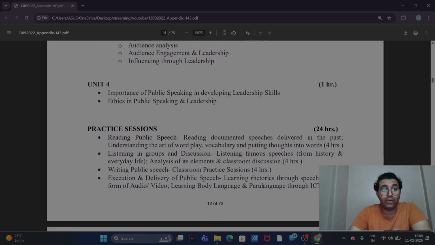Practical sessions, 24 hours. Reading public speech, reading documented speeches delivered in the past, understanding the art of wordplay, vocabulary, putting thoughts into words, listening in groups and discussions, listening to famous speeches from history and everyday life, analysis of its elements and classroom discussion, writing public speech, classroom practice sessions, execution and delivery of public speech, learning